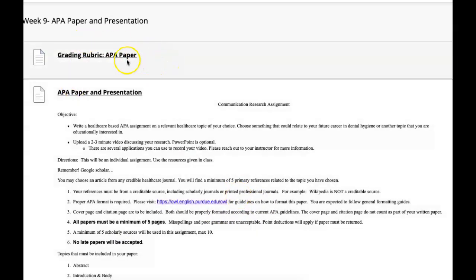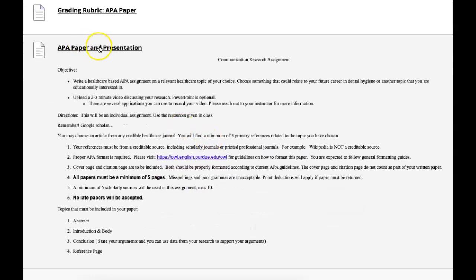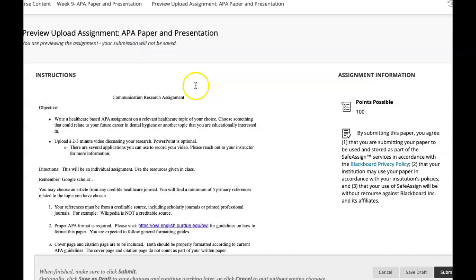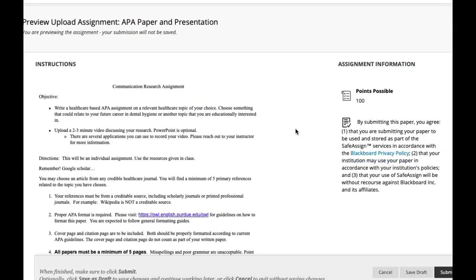You're going to have your grading rubric here at the top, and then you're going to click on this where it says APA paper and presentation. I'm going to put a little sign that says submit here. You do have a SafeAssign element to this paper, so when you submit it, it's going to be checked for plagiarism. So that is going to give me a report automatically